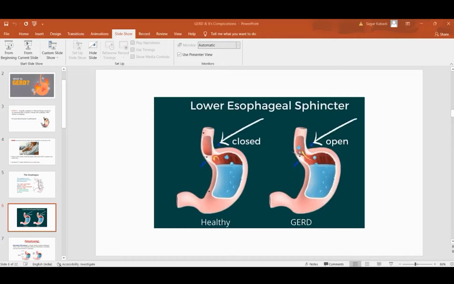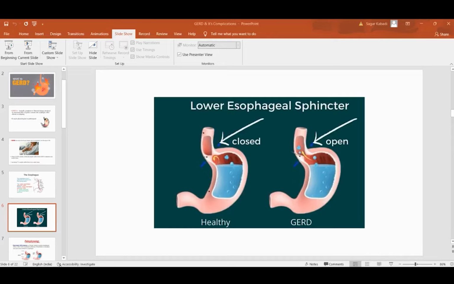So a tube is passed from above downwards, from the mouth all the way through the upper esophagus, mid esophagus, lower esophagus, and then into the stomach, and all the way up to the first part of the duodenum. All these parts are carefully visualized in less than 2 to 3 minutes to help us visualize